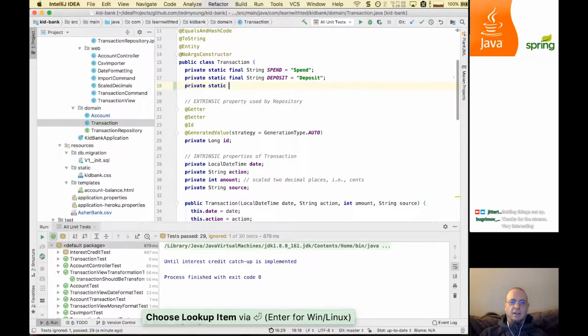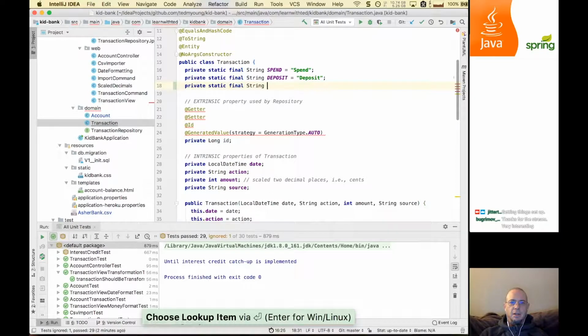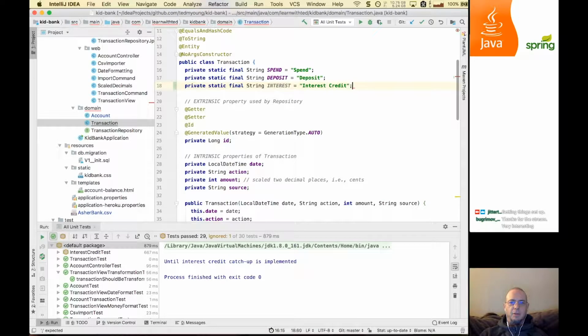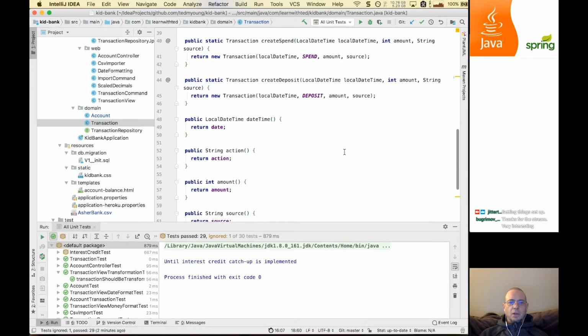private static final String interest. I'm just going to call it interest. And the string will be interest credit. So now